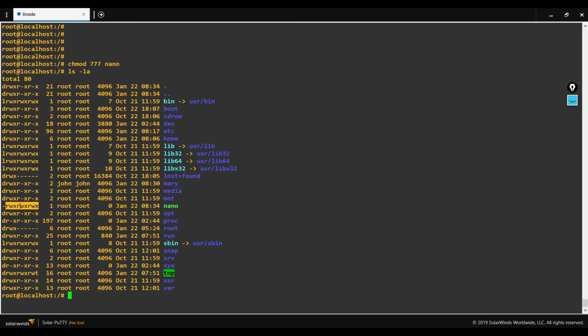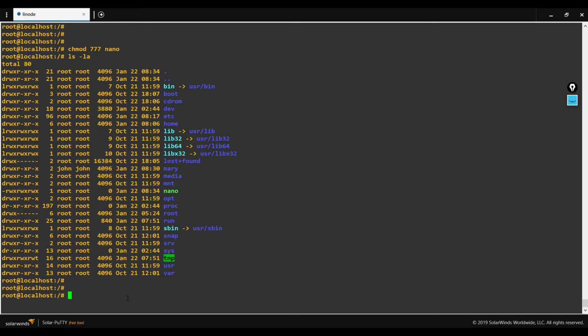Now all the users can read, write and execute this nano file. So this is how we need to modify permissions for one particular file or directory. In order to modify this, please remember the user has to be either the root user or they have to use the root privilege by using sudo.